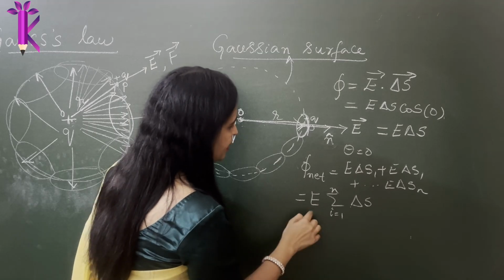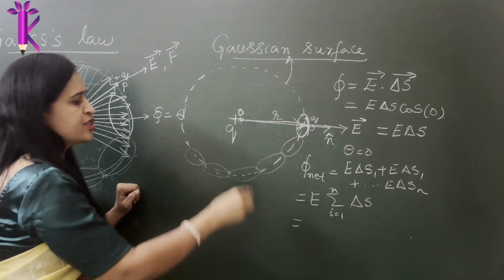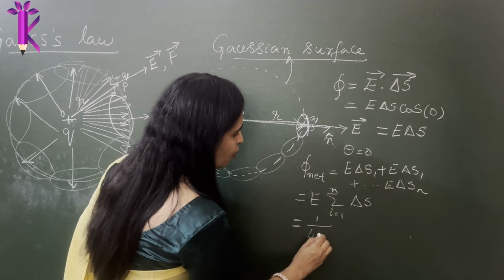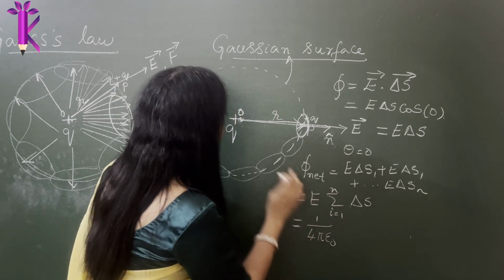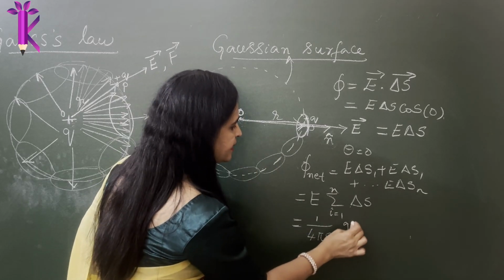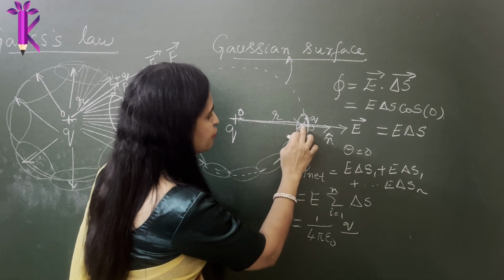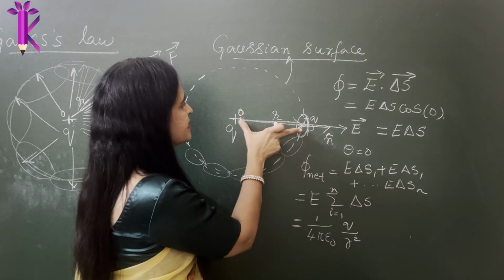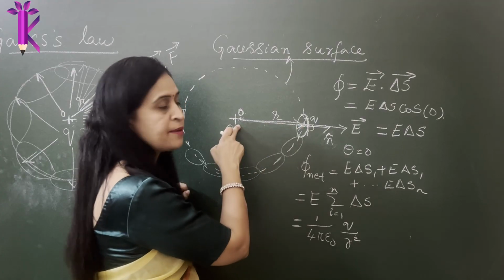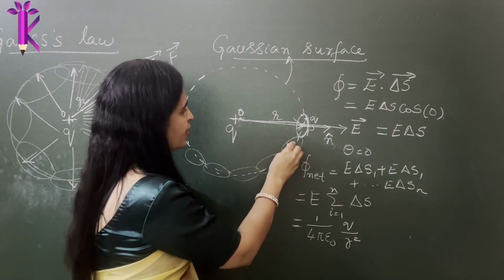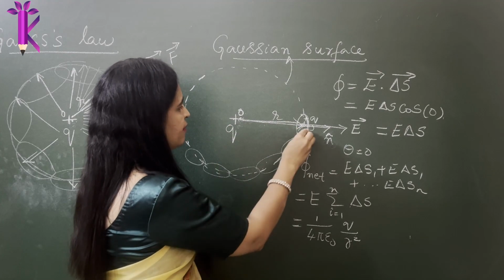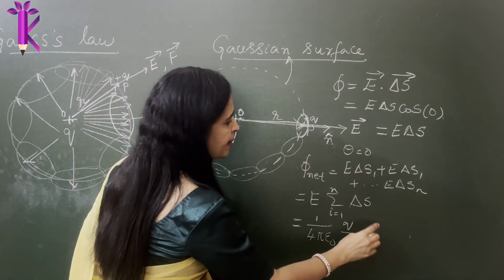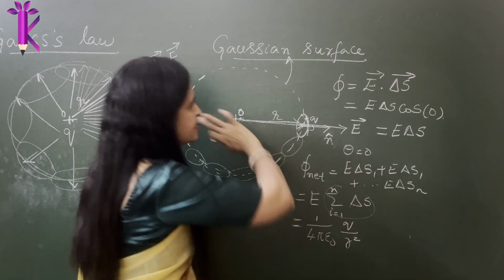Now, what is E? For a point charge, the electric field is given by the expression 1 by 4 pi epsilon naught into Q. Q is the charge that is producing the field. But at what distance are we finding the electric field? We are finding it at a distance r, at a point P from the center O. There are so many points P1, P2, P3, P4, P5, which all make up this area, multiplied by this area. So if you add all of this, it's a sphere.